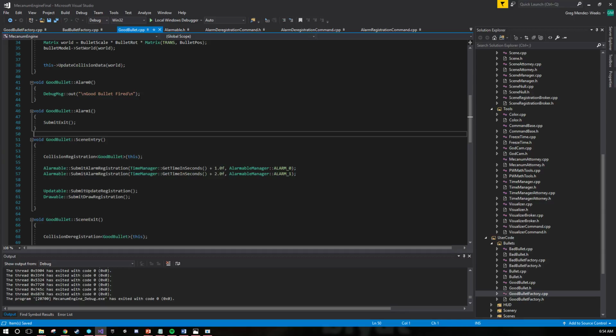Alright, so that should be it for alarms. And I guess keyboard